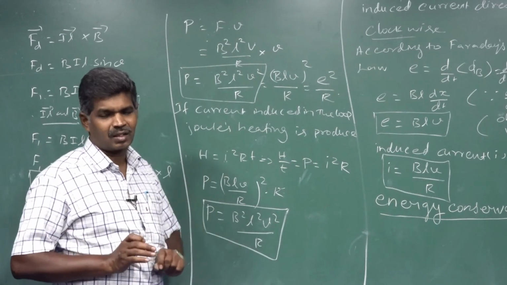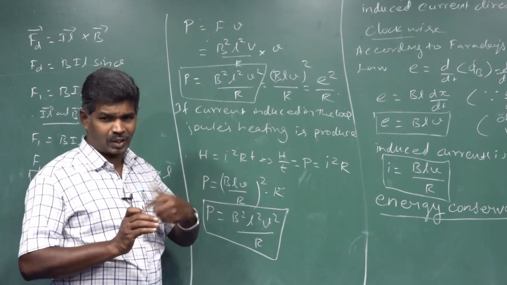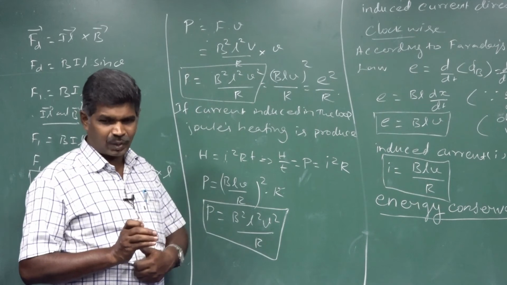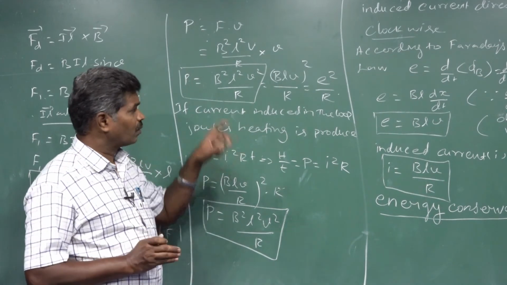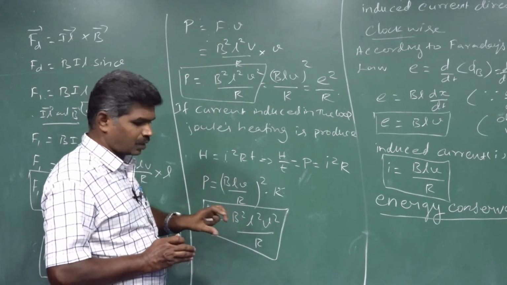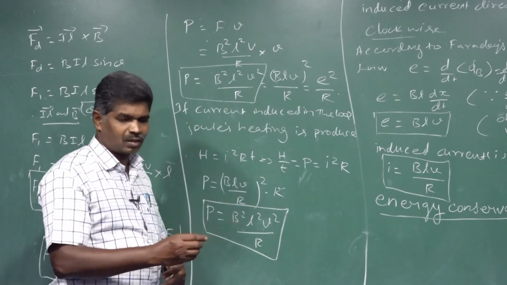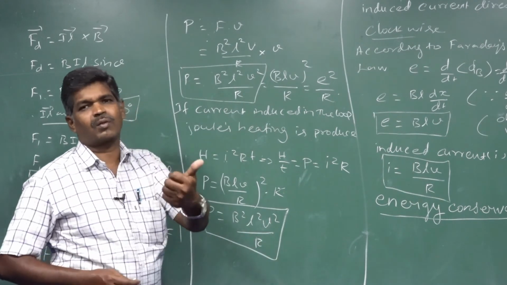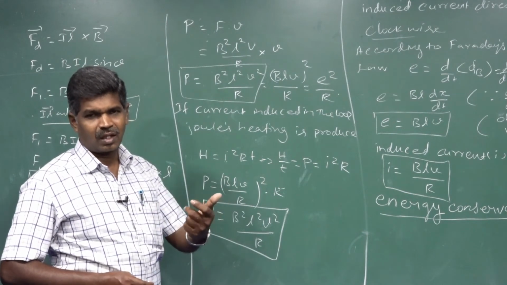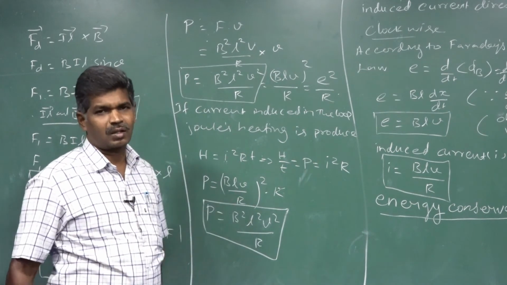Actually, in the middle, that mechanical work done produces electrical energy. Due to the flow of current inside the conductor, thermal energy is produced finally. That's why the rate of doing mechanical work is equal to the rate of producing thermal energy. The two are equal and convert from one form to another form. That's why energy is conserved and can be changed from one form into another form.